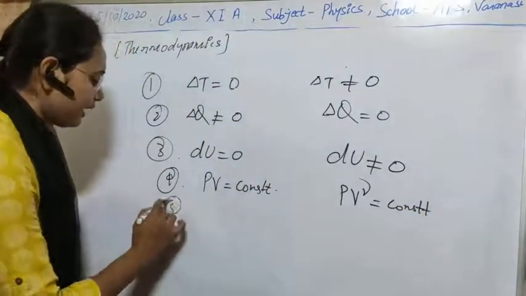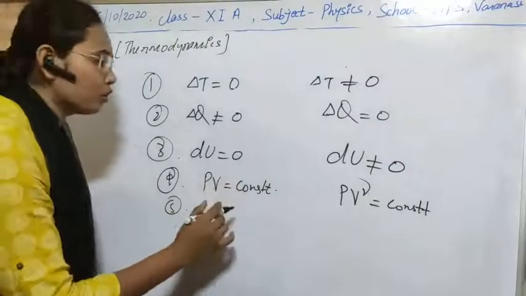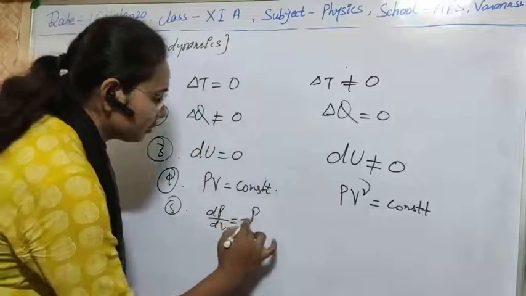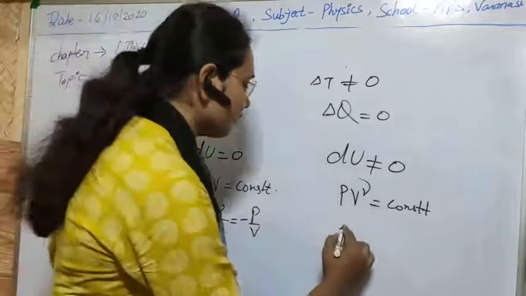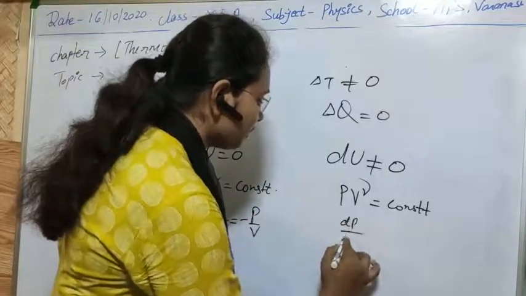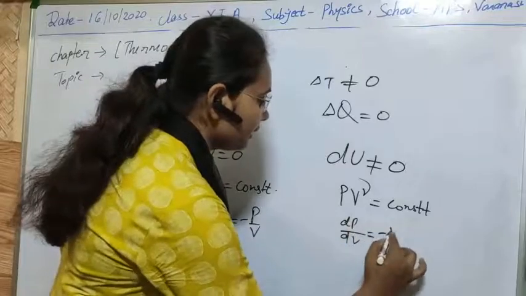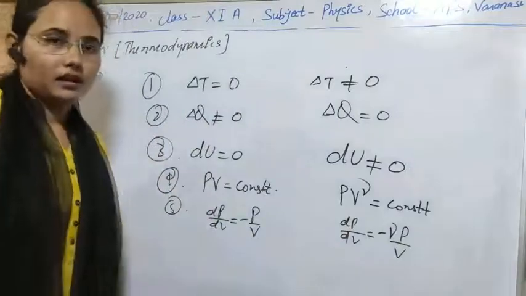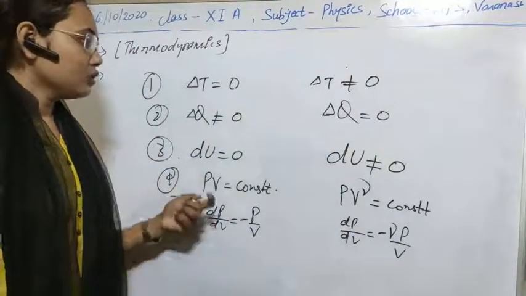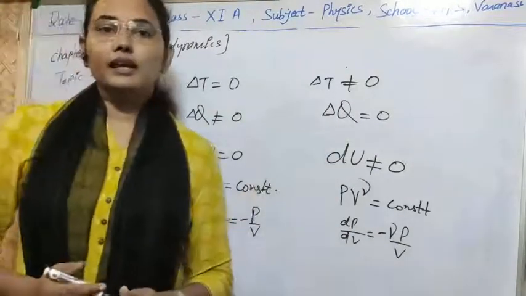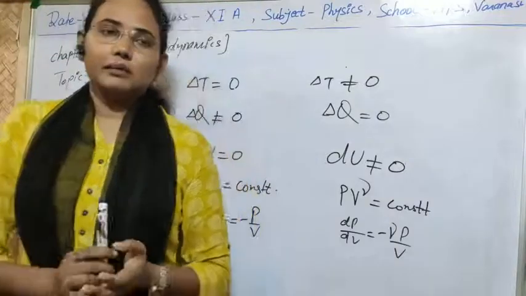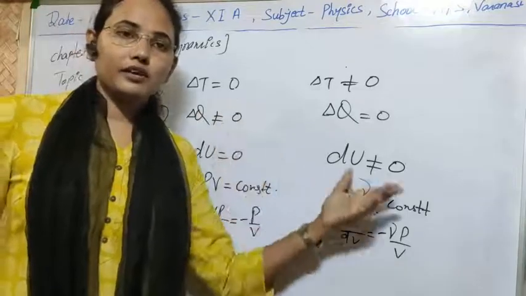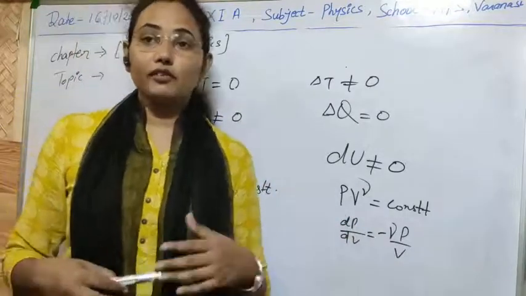Next, as we have seen, the slope in the case of the isothermal process, dP by dV, is equal to minus P by V, and in the case of adiabatic the slope, dP by dV, is equal to minus gamma P by V. Here the atomicity of gases arises in the case of adiabatic change. So these are the differences between adiabatic and isothermal changes, meaning they are totally different. Work done in the isothermal process is different, work done in the adiabatic process is different.